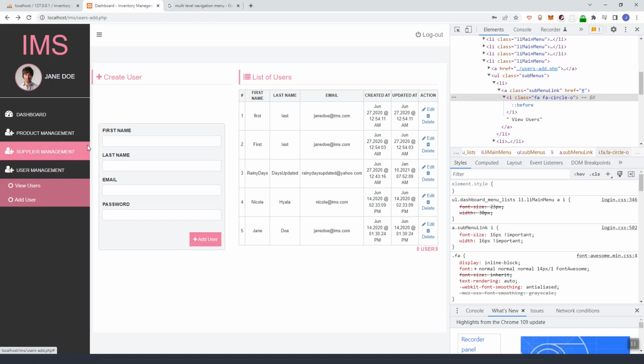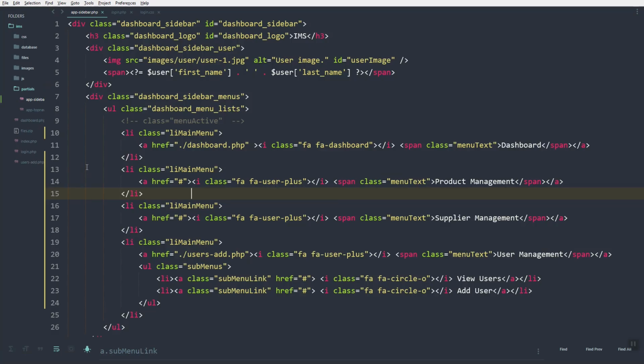So an arrow down or arrow up icon, let's add in this main menu so the user will know that there is a sub menu inside that main menu. So let's add that one, user management. Let's add an arrow icon. So here in our user management,